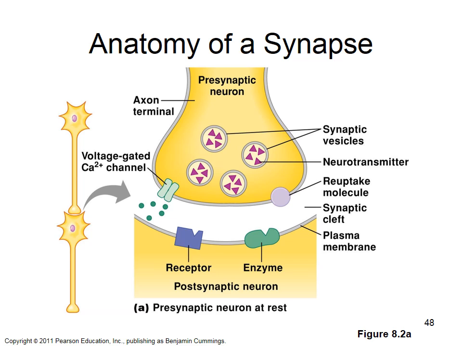Okay, on the postsynaptic cell, we have to have a receptor for the neurotransmitter. Otherwise, there's going to be no response. Okay? So there's always a receptor. Sometimes there's an enzyme that actually breaks down the neurotransmitter. Not all the time, but sometimes. Okay? And then sometimes on the presynaptic cell, there's what's called a reuptake molecule in order to reabsorb the neurotransmitter. Sometimes, but not always.